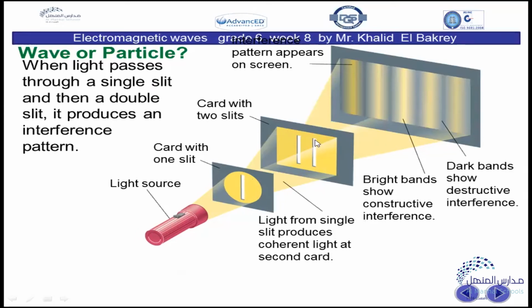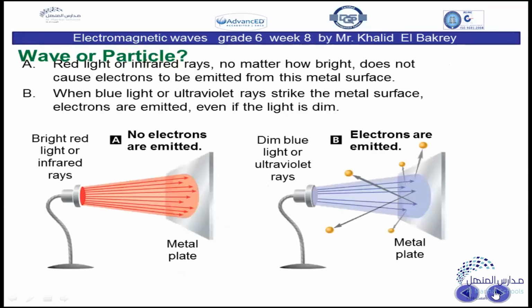So we have these slits. These slits will allow some light to pass and prevent the other. The light that passes is given the name polarized light. This is the nature of light as a wave. While the nature of light as